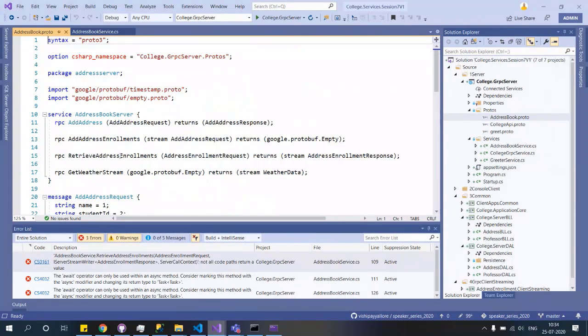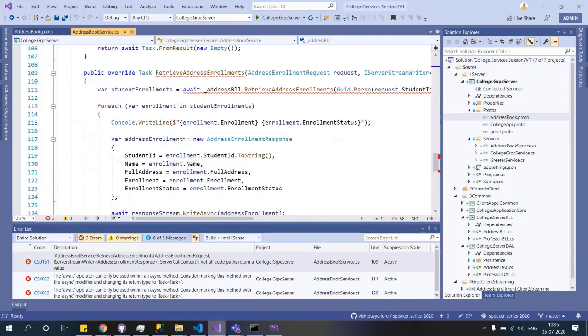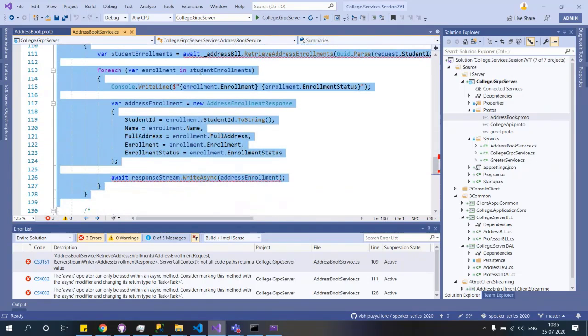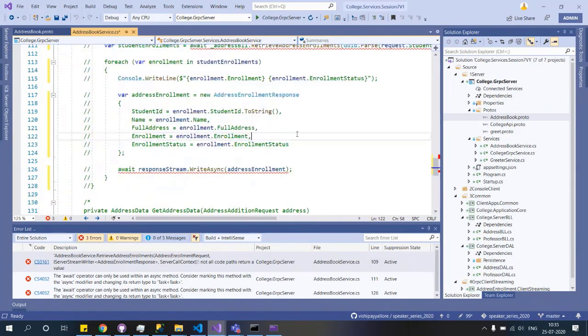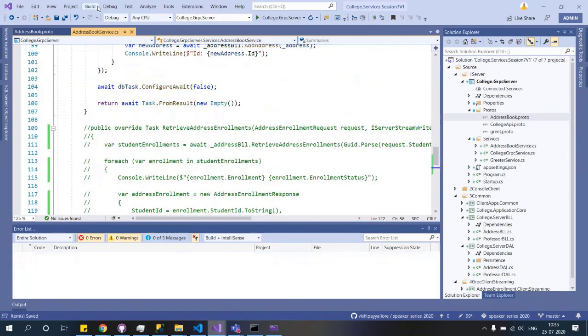This is the one. Retrieve address enrollments. Let me check that. 1 second. Okay, it's there. For the time being, let me quickly comment this guy and do a quick build.